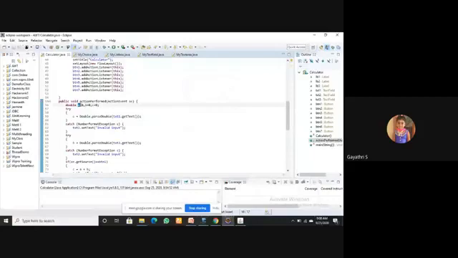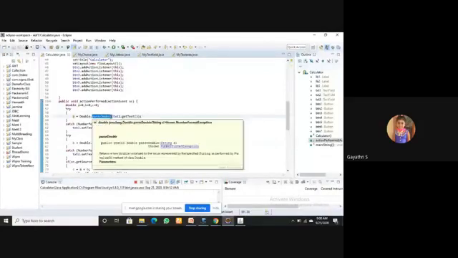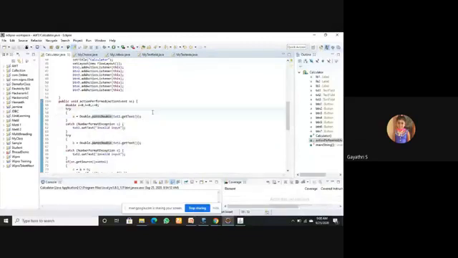Why are you putting this code in try-catch? While you are working with parsing, this is also a very important MCQ question: which type of exception is raised? The name of the exception is NumberFormatException. If you are working with parsing, the exception type is NumberFormatException. That is why I have put this code into the try-catch.